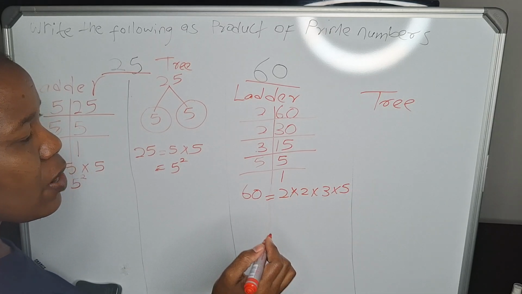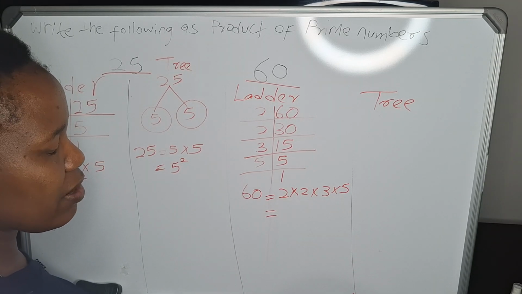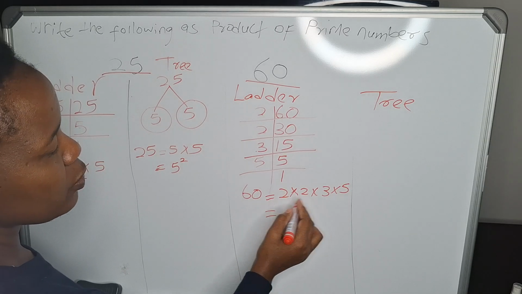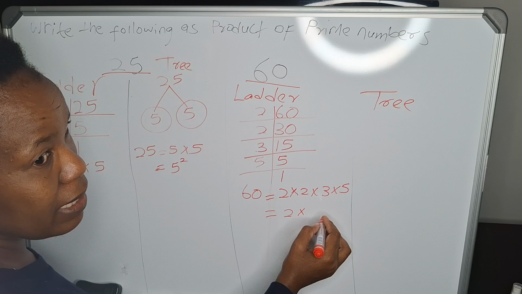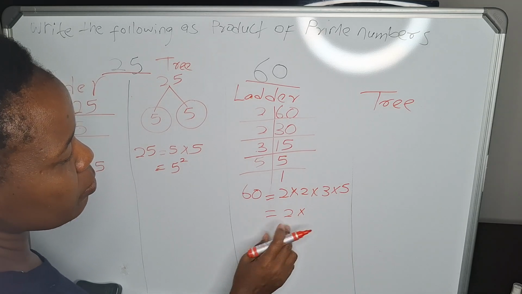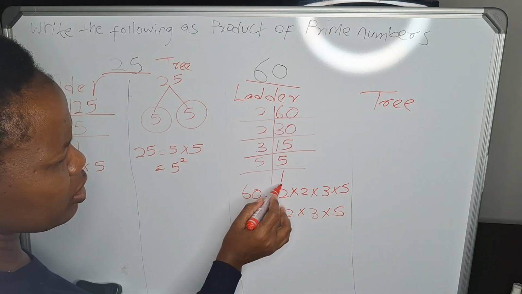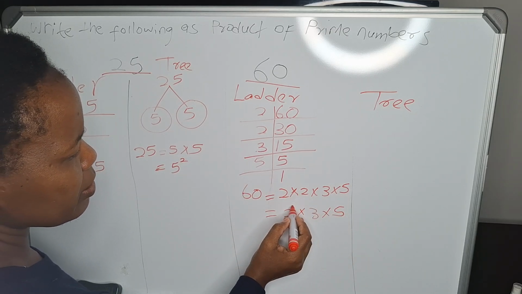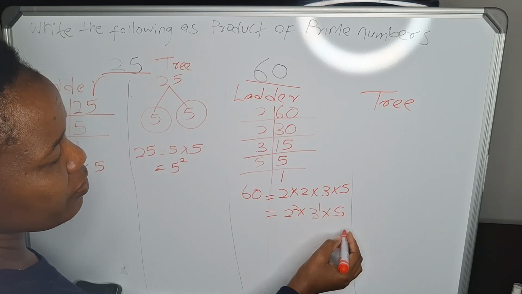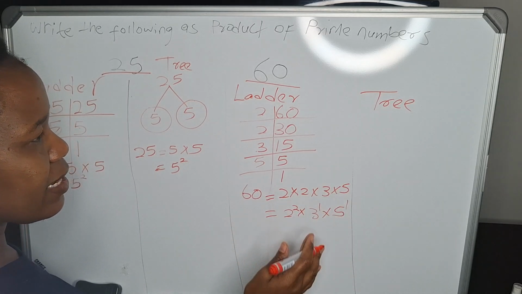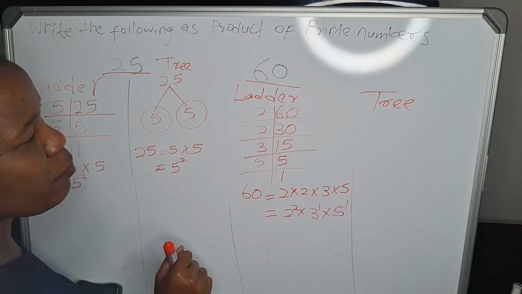But remember, we do not want your answer in expanded form. We want it in exponential form. Then you check what numbers you have. You have a 2. You don't repeat numbers now. In exponential form, you have 2, 3 and 5. Then you check how many 2's we have: 1, 2. So I write 2 exponent 2. How many 3's do we have? Only 1. How many 5's do we have? Only 1. And that is how you write a number as a product of primes using